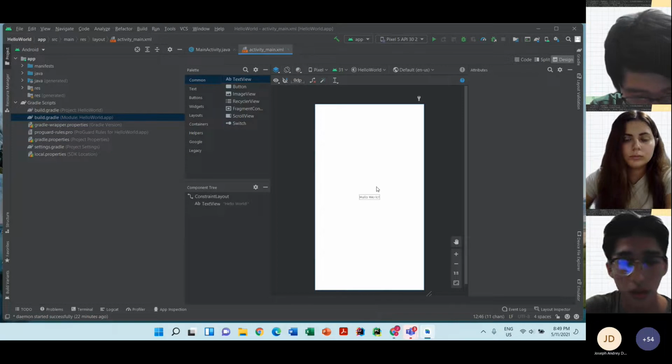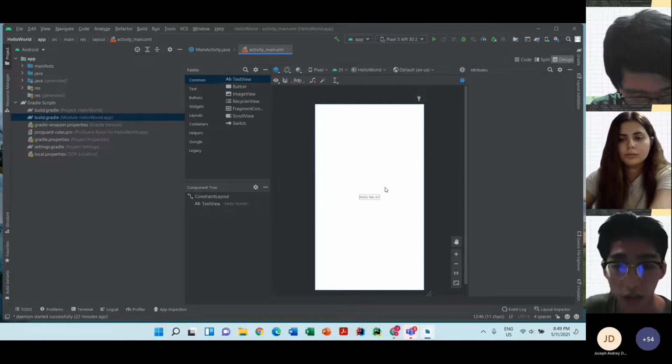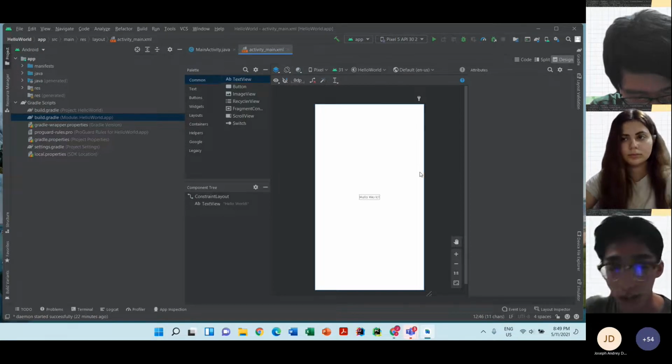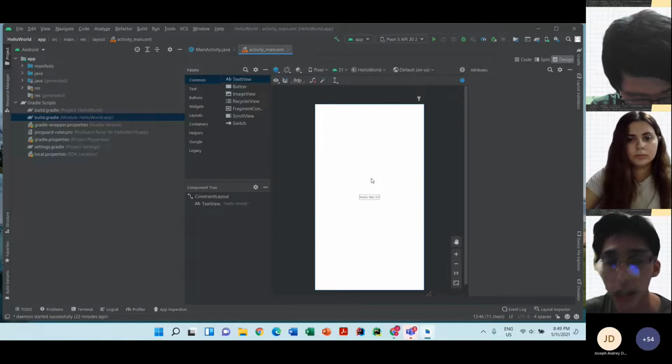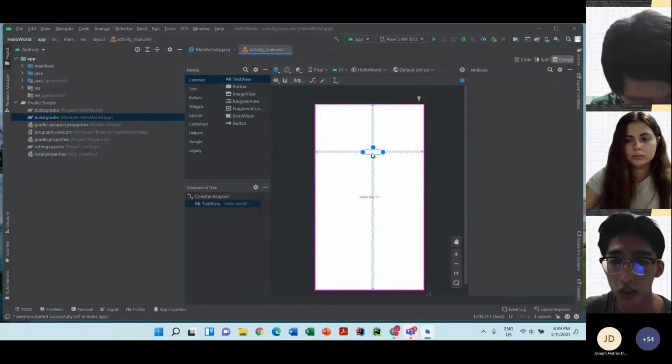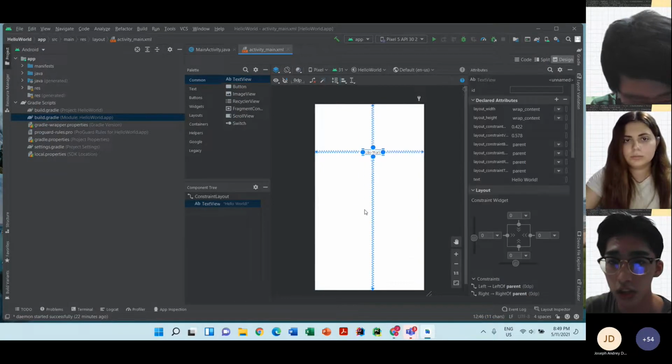Now we'll talk about the layout editor here. This is how XML looks, basically a way to structure the layout of applications. You can see there's one item in here, the Hello World text. Inside our activity, you can drag and drop here and change it.